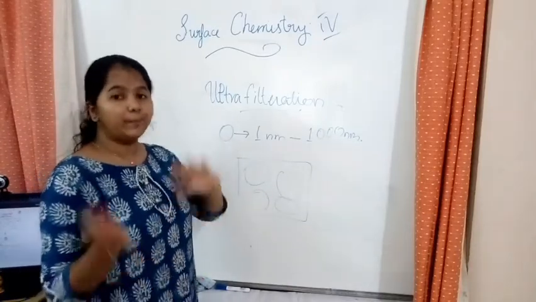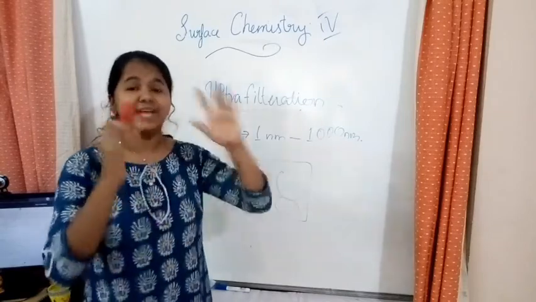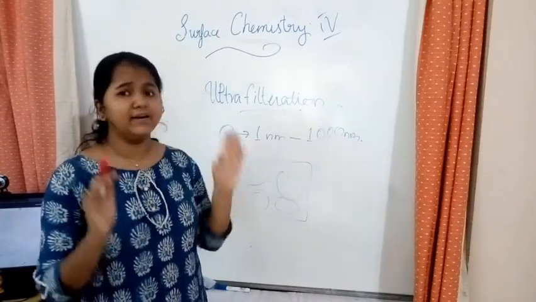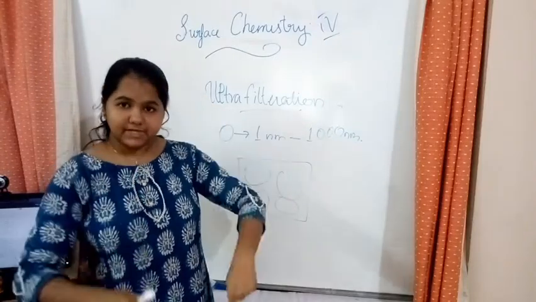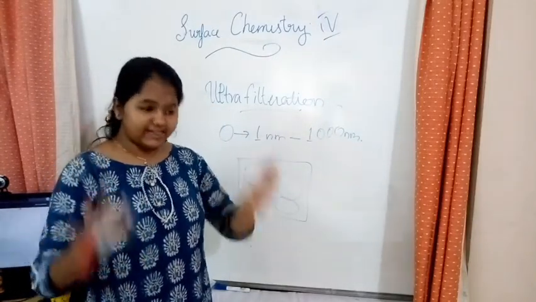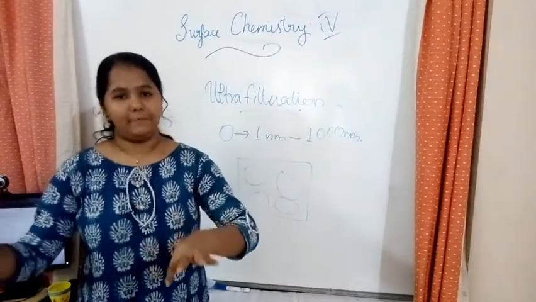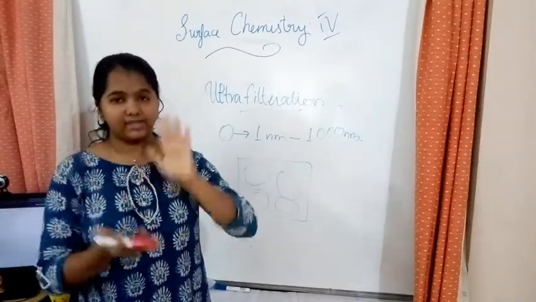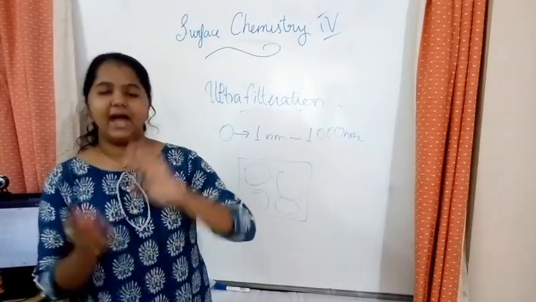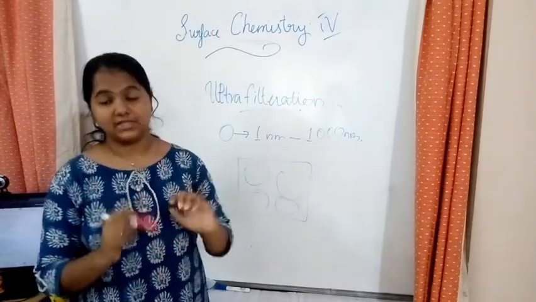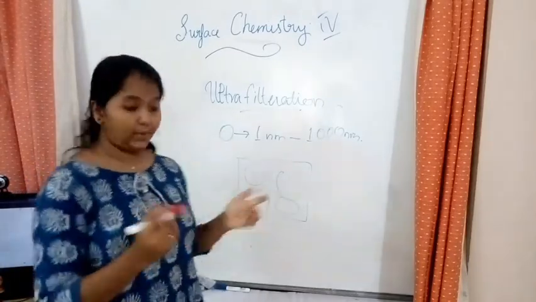I will tell you how you make that filter paper. To make it, take a normal filter paper, the ordinary filter paper, and dip it in the colloidal solution. That dipped filter paper is again dipped in formaldehyde and it is hardened. It is hardened and dried and then it is used. That is known as a graded filter paper or ultrafilter. So let us see how it works.